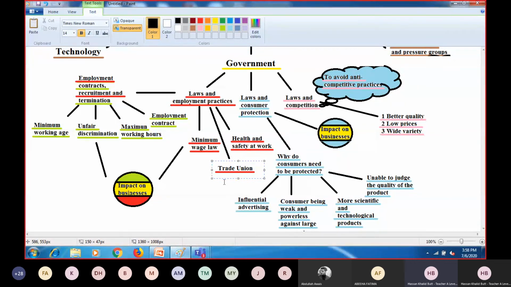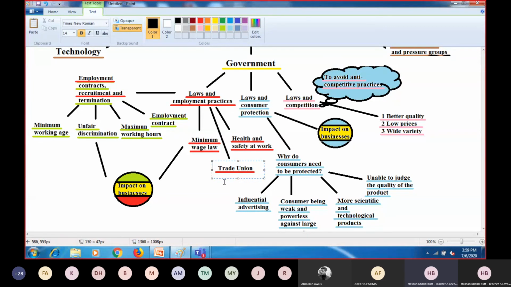For example, you have thousands of workers, so it's very difficult to convince all the workers. It will take a lot of time if you deal with them individually. So it is better you talk to the trade union. There is a representative of the trade union, one person who is qualified enough, and you just convince that trade union representative. That is it. Now, to convince thousands of workers working there, it is the duty of the trade union. So it means that the owner gets relieved from the tension of convincing so many workers because it will take so much time.